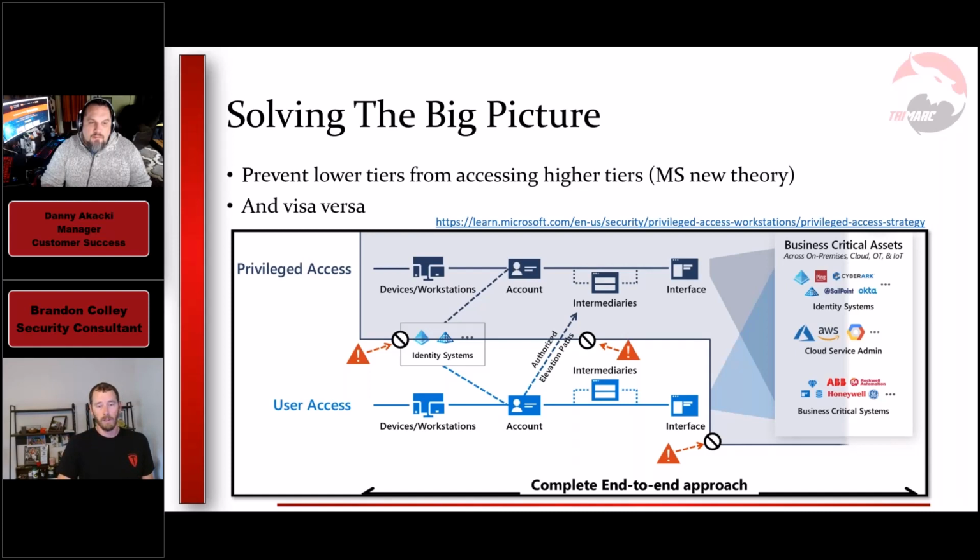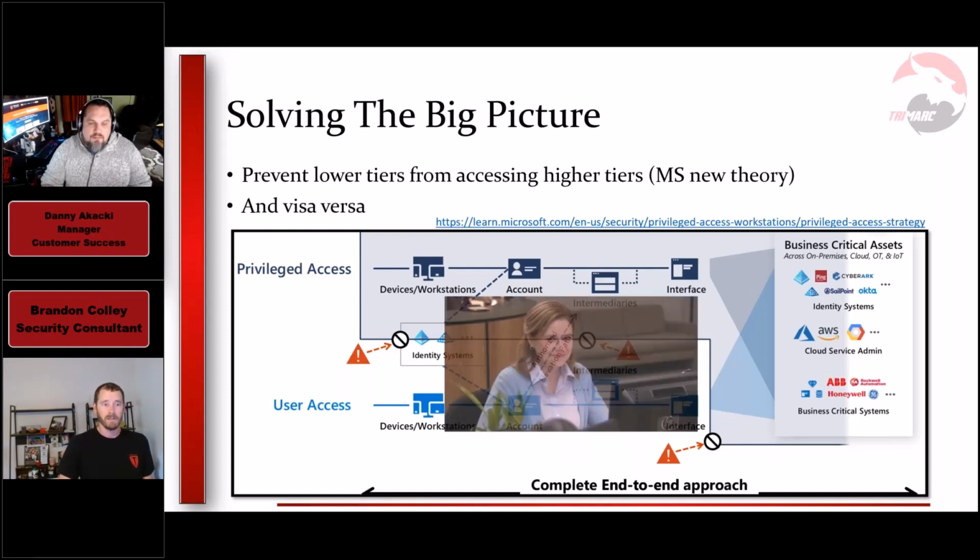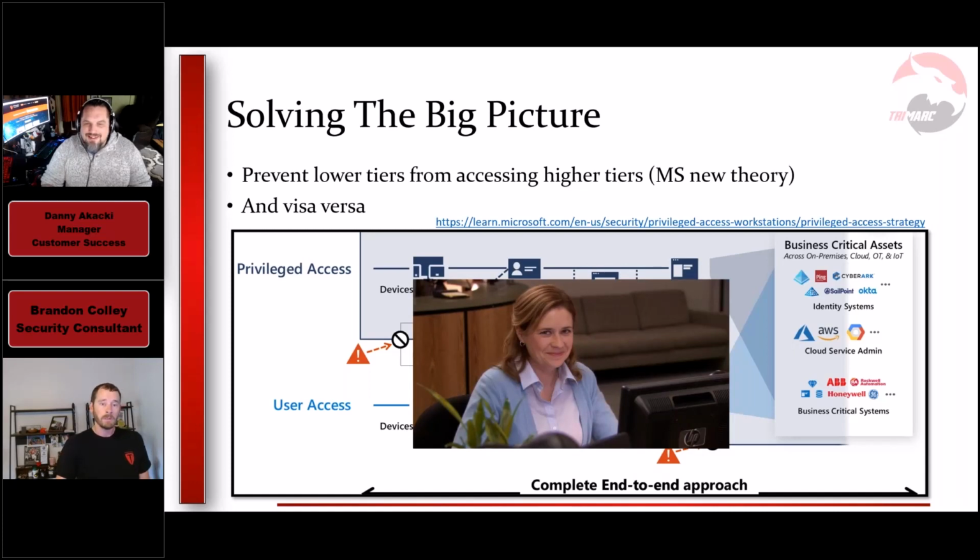There's another three-letter application that everyone really likes to slap on top of this, and that's called PAM. Privileged access management does not solve this problem. I love privileged access, and the stuff that they do with that is awesome, but throwing money at the problem is not necessarily fixing the problem.